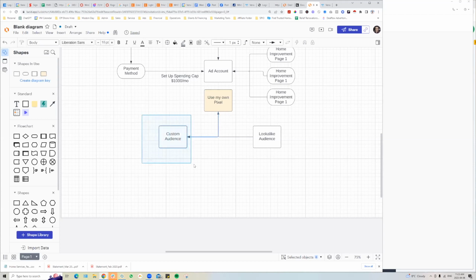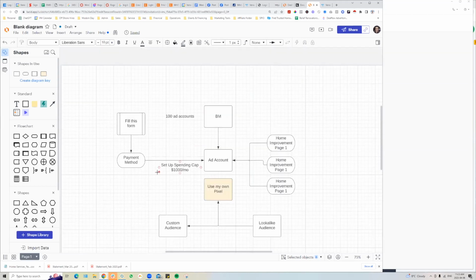It's not just targeting this, which is the collected people, but it's also using its algorithm to find you more people that are similar to the people we've already collected. So there's two audiences that come along with your pixel. Now, Ryan, when you talk to your clients, you can even explain this concept to them and say,